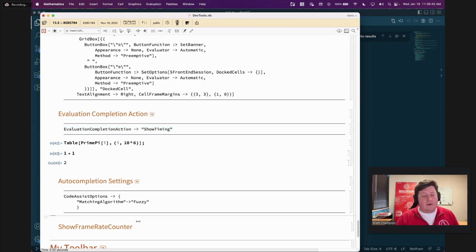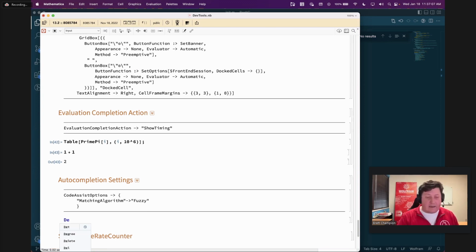But one variation that I do have is, and this is an experimental feature right now, but it's not going to crash your front end or anything, which is to use a fuzzy matching algorithm. And what the fuzzy matching algorithm does is that